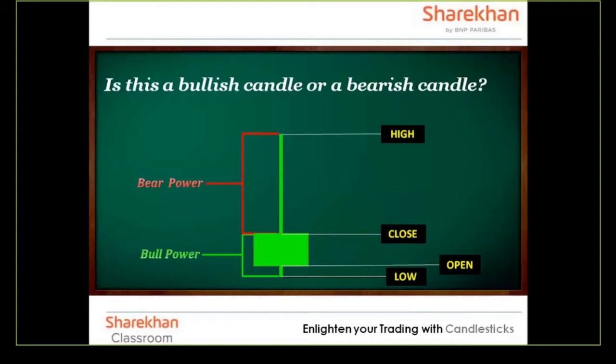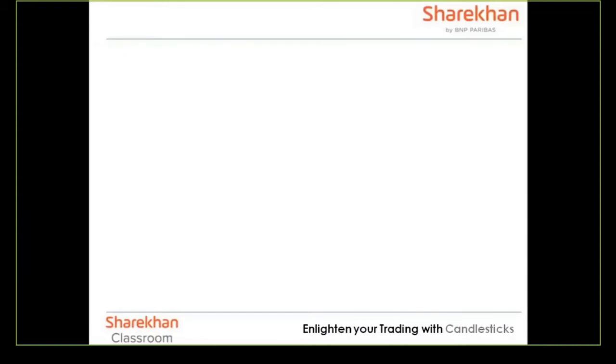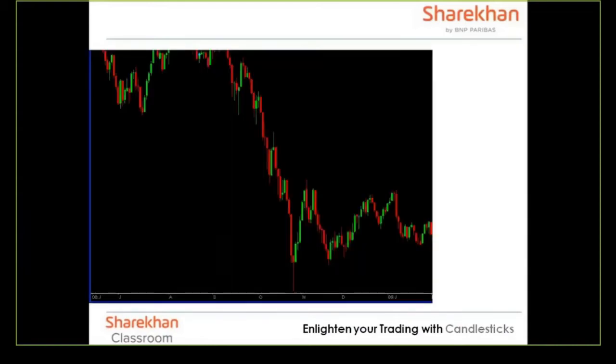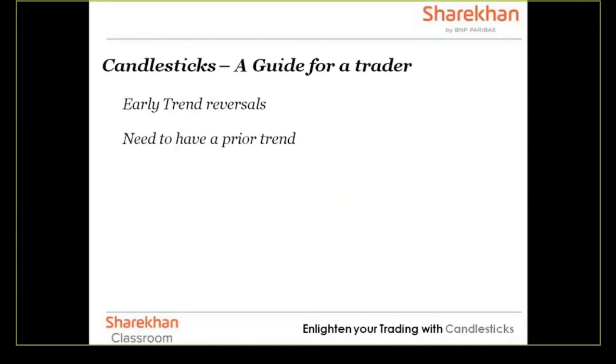Somewhere similar to this, in the opposite direction, I witnessed when markets had crashed in 2008. Those who have followed the markets then would remember that the markets had actually gone down by almost 60%. But right at the bottom, somewhere in the month of October of 2008, you got a candle like this, which looked red. But look at the buying pressure from low to the close. This much is the buying pressure, whereas the selling pressure was only this much, and that kind of marked the low of the 2008 crash. So these kinds of patterns really work wonders if followed with proper discipline, and that's something which we teach in our other live modules.